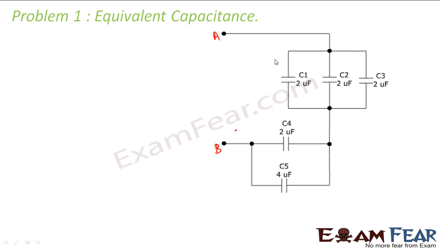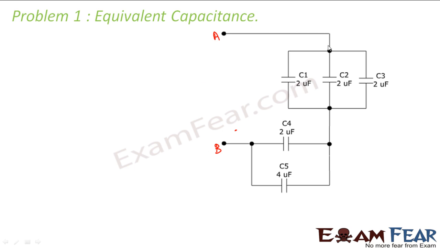I have seen many students, whenever they see 3 capacitors arranged side by side, they say they are in series, and if they are arranged one above the other, they say they are in parallel. That is a very wrong way of solving for equivalent capacitance. Always think logically. For example, here you have the two ends at A and B.